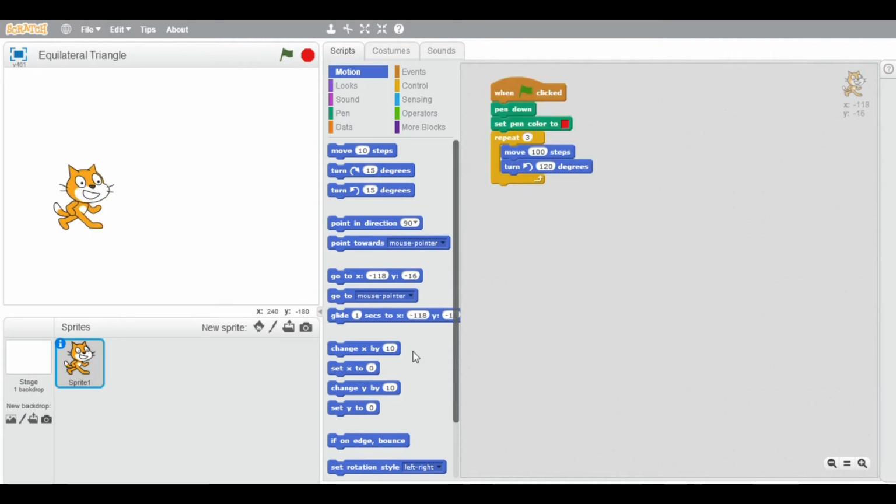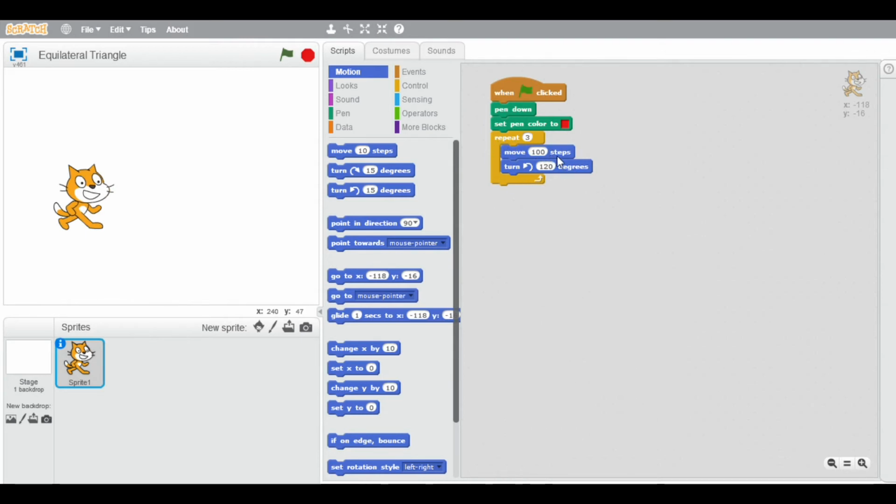So now we are going to learn how to draw an equilateral triangle in pen block. First, before starting, I want to tell you an important thing. If you want to create any polygon, listen to my part carefully. If you want to create any polygon in Scratch using pen block, first you need to take the repeat command, which will make your program a little easier.